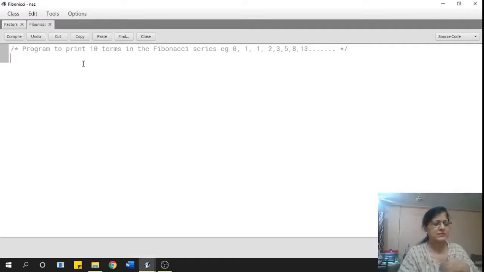It's actually a very simple program. We will keep two variables: one in which we will initially store 0, another in which we will initially store 1, and one more variable to store the sum of the two.